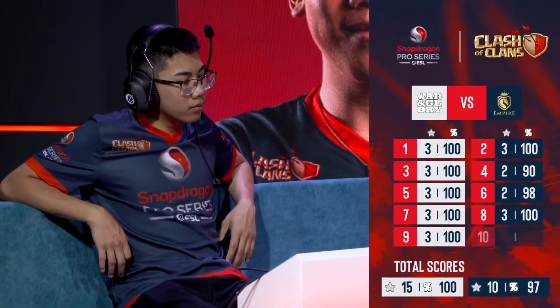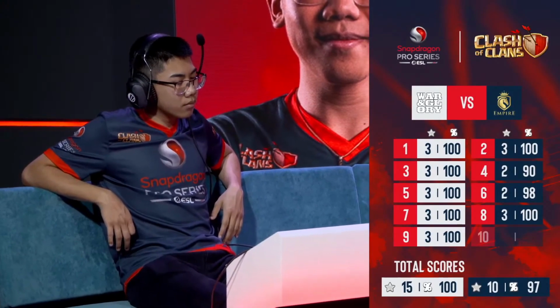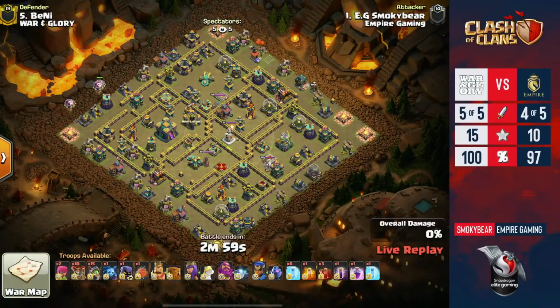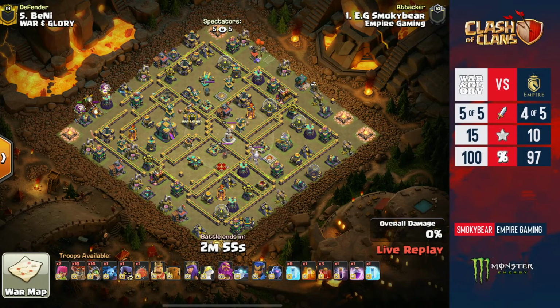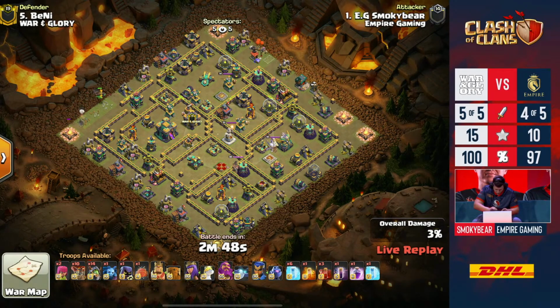They will go against Chasma Gaming, who we know were undefeated in the round robin. We know how strong they are, so I'm really looking forward to that match. And we also know that Alex is playing in Chasma, and he has friends in War and Glory. That is absolutely true, and as we are seeing Smokey Bear here, who is usually the finisher for Empire